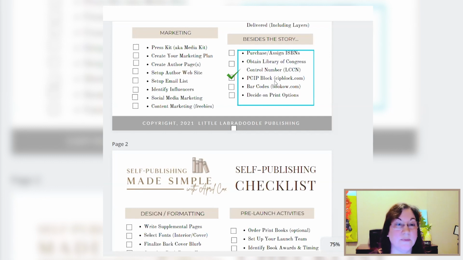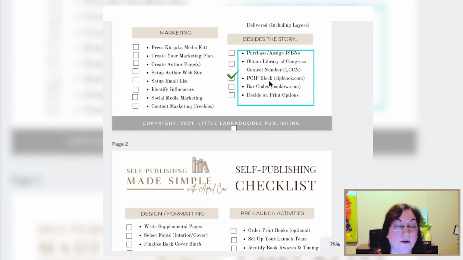I'll just give a brief explanation, but this has to do with information that the libraries need to be able to categorize your book. It also provides some legitimacy for your book because for most people, you cannot get CIP blocks unless you are a big publisher or you're publishing more than 3 other authors besides yourself. So because we go to cipblock.com, I work with this library agent that will categorize your book and create this for independent authors like us.